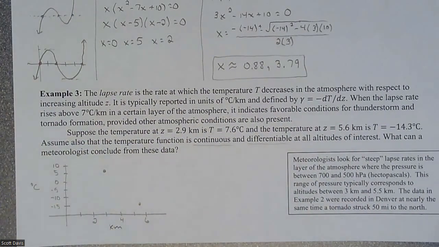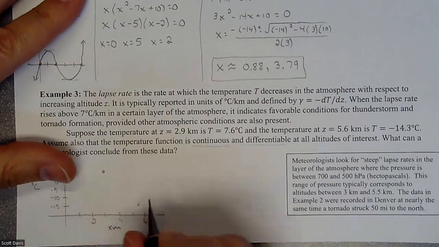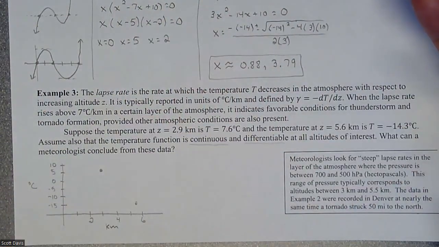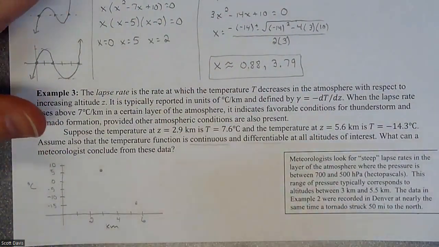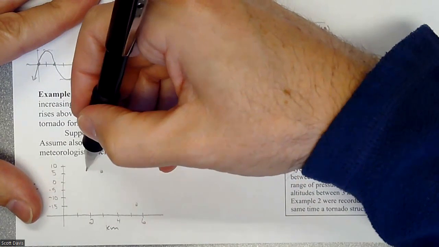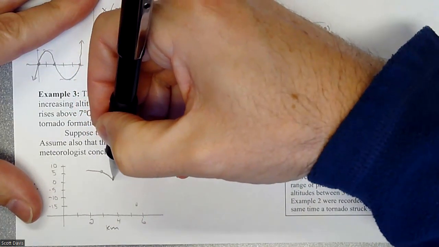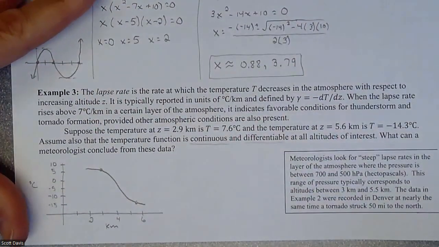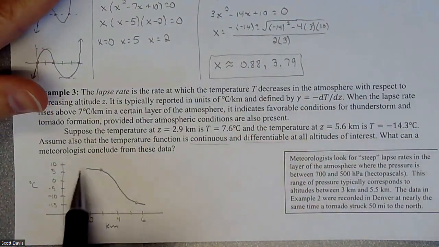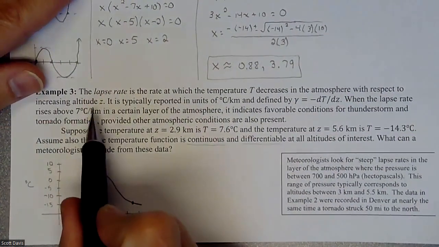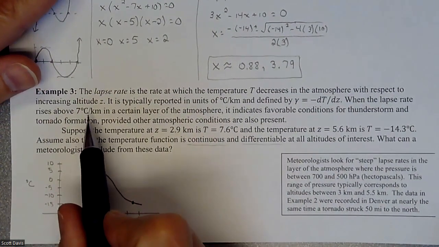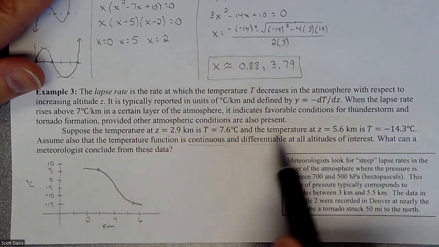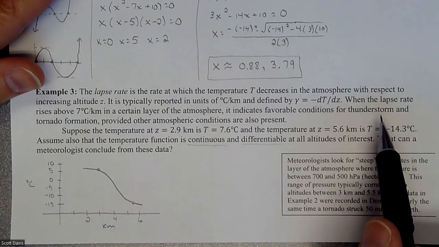All right. So what I know is these 2 points. The idea is that it's continuous and differentiable, so they can connect, but I don't know how they connect. And so I'm just going to make something up because I really don't know. We'll say this does something like this. Okay. So basically we want to see if somewhere within that altitude, do we have some sort of a drastic degree change? Because if you have a drastic degree change within a certain altitude, that's when you have these favorable conditions for thunderstorms and